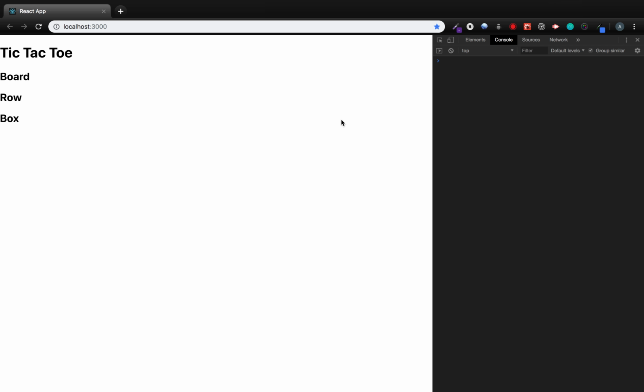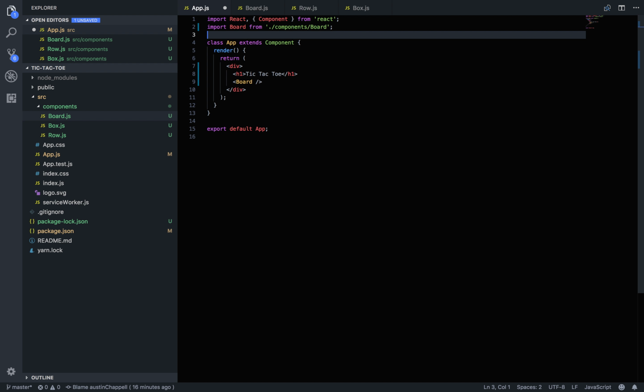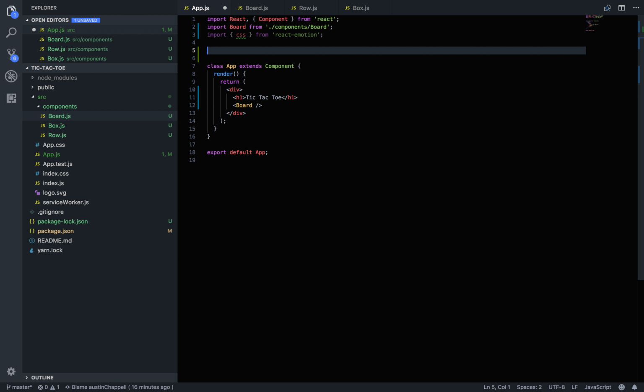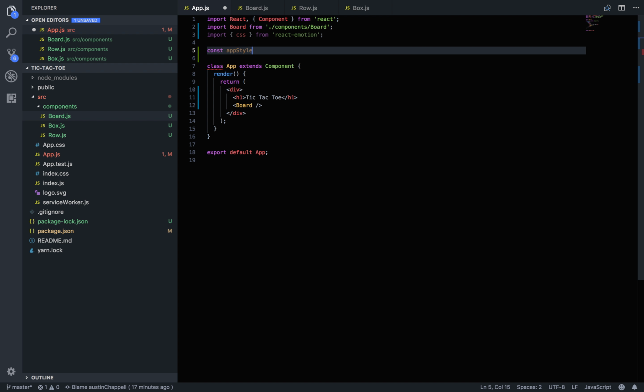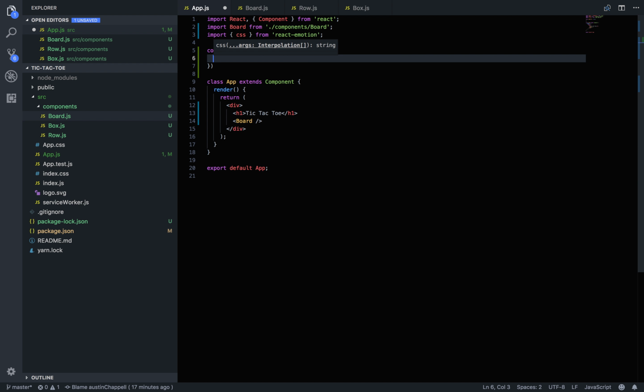All right, so let's go ahead and center all of this. We're going to do some stuff with React Emotion. So I'm going to say import css from React Emotion. And what this does is it allows you to write CSS like a JavaScript object, and then you can pass that variable name into the class name here. So I can say const appStyle equals css, which is a function that takes an object,